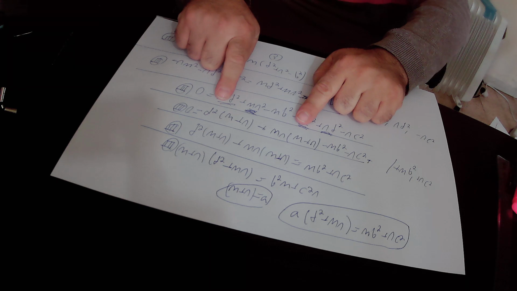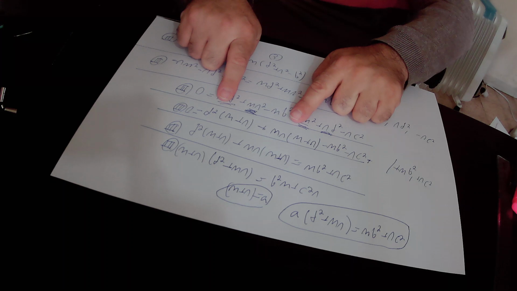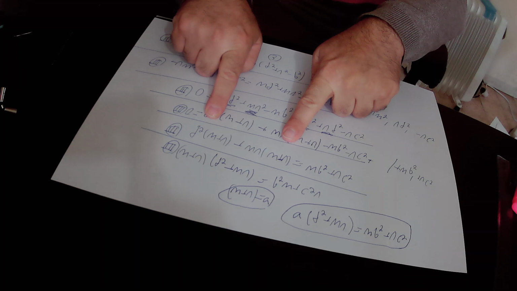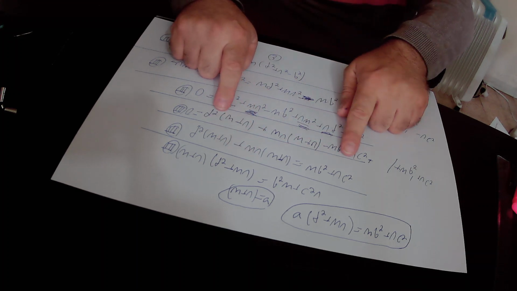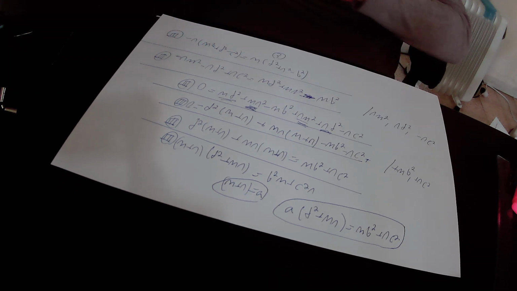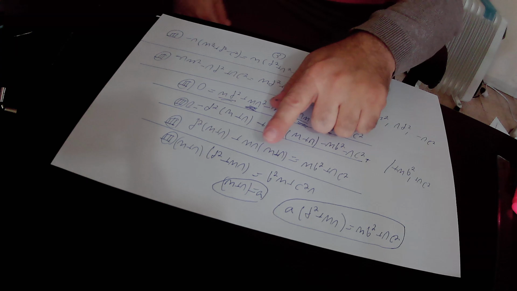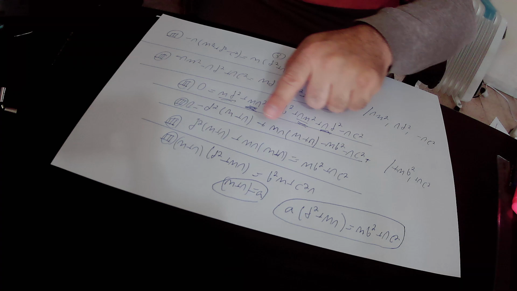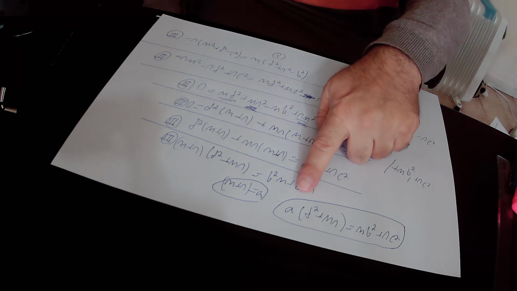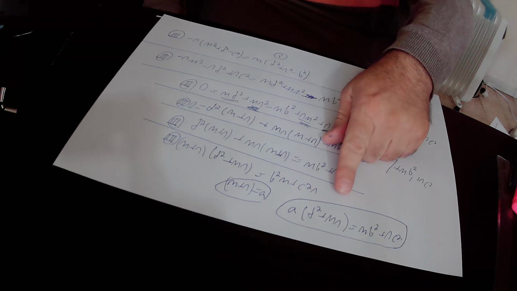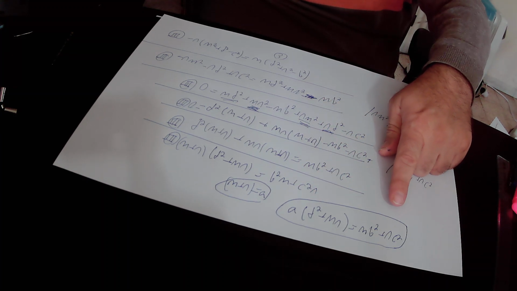Then we took out m plus n as a common factor from those two expressions. So inside the brackets we are left with d squared plus mn, and it is equal to mb squared plus nc squared. N plus m is a. I've already shown you in the first method that m plus n is a, so we substitute n plus m by a, and finally we found out that in total it is a times (d squared plus mn), that equals mb squared plus nc squared, and this is exactly